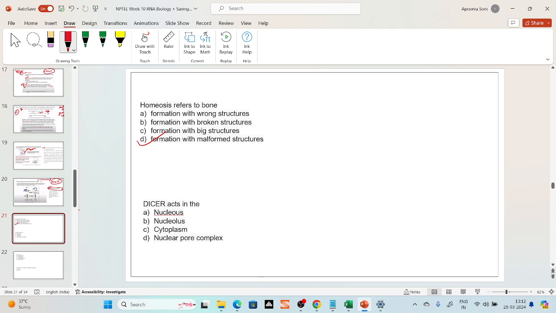Next is Dicer. Dicer acts in the nucleus, cytoplasm, or nuclear pore complex. Where does Dicer act? This we have studied in our previous class also, mostly in the previous class only. Dicer acts in,